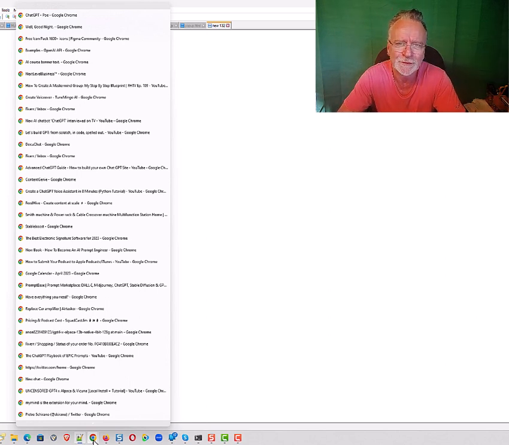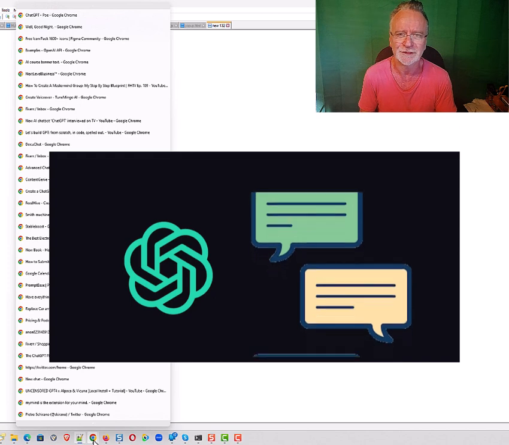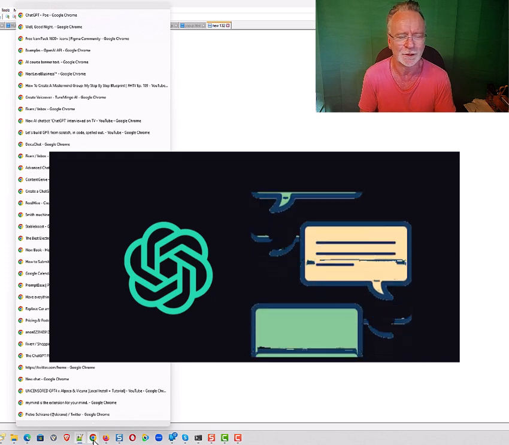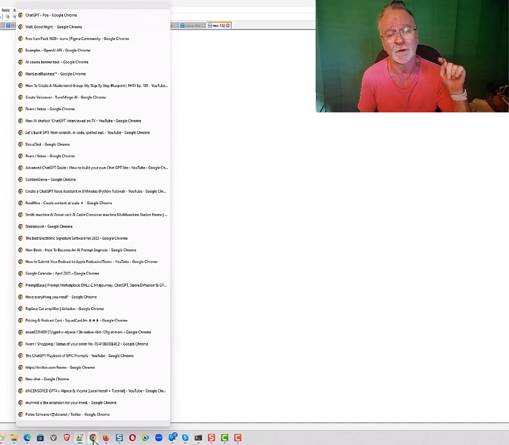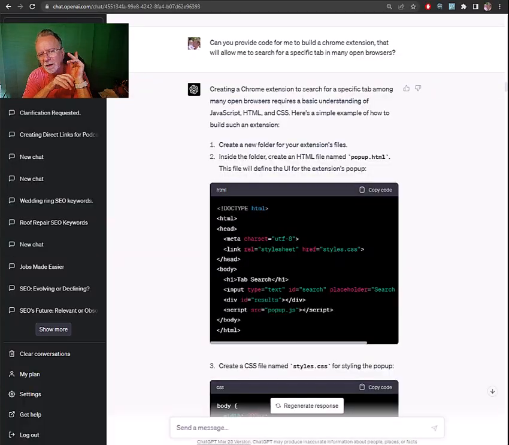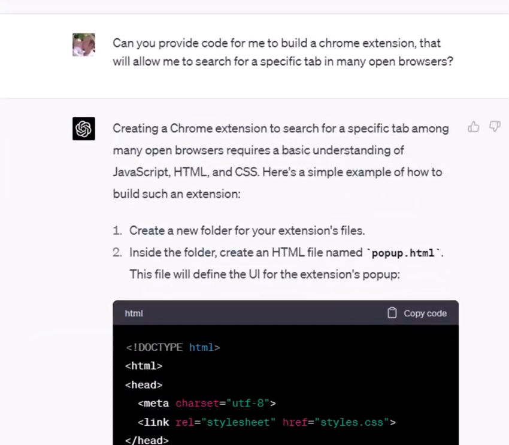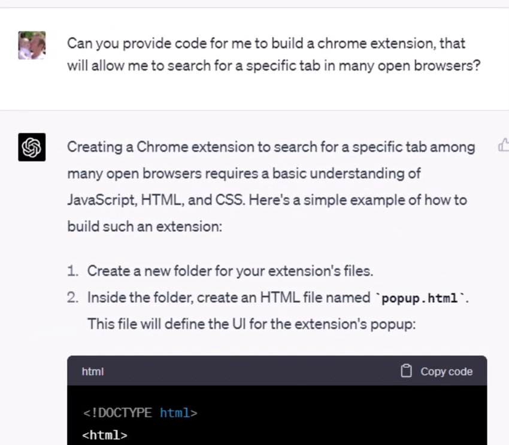And so I was talking to one of my staff, and we keep complaining about this all the time, and I thought maybe I can get ChatGPT to make me a Chrome extension that I can search within all of my open tabs. And that's exactly what I did. And so here is the simple prompt that I used to create this